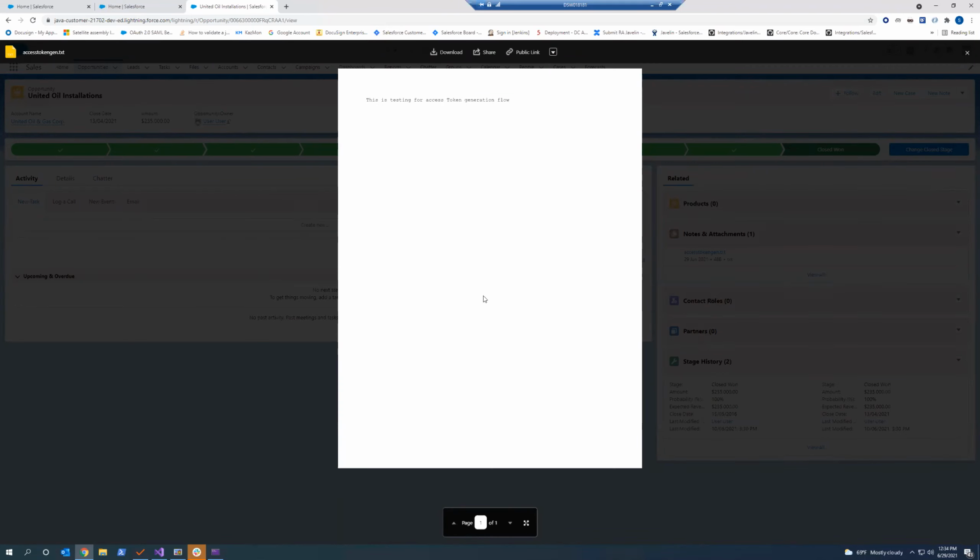So you can see that we were able to do a write back to a document or to a Salesforce opportunity or any object for that matter without any external user interaction. So we did all this operation by just using the access token. We just generated a new access token and we just wrote back a file content to a given source using SOQL queries. So this is pretty much the flow which it looks like.